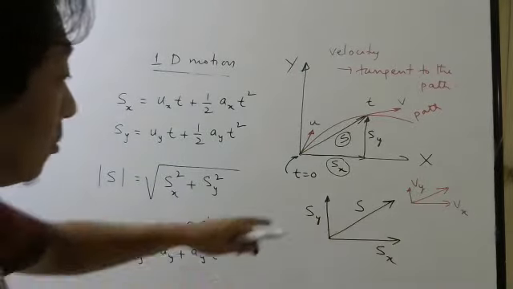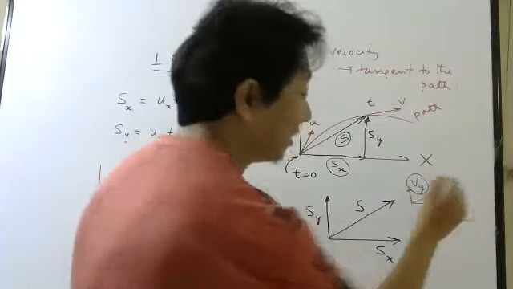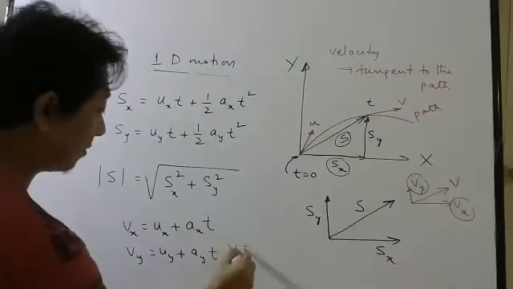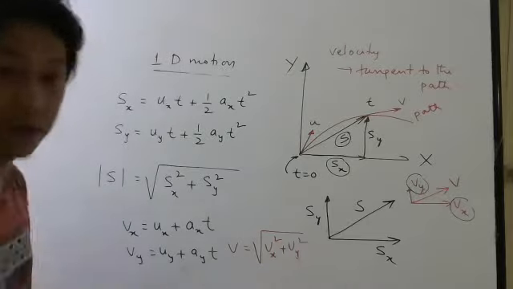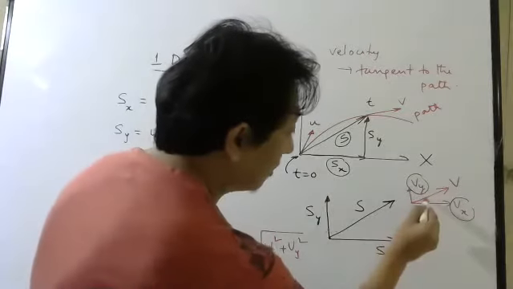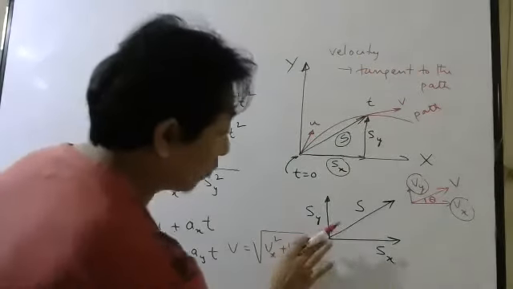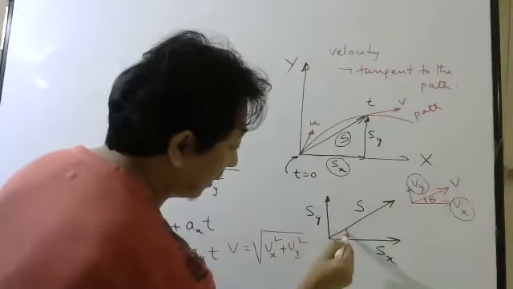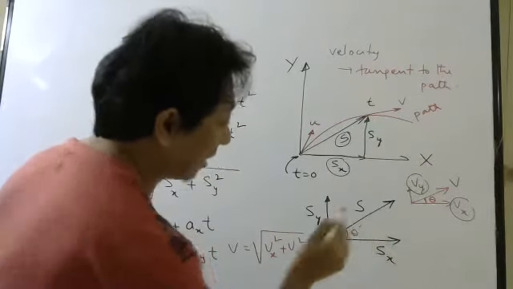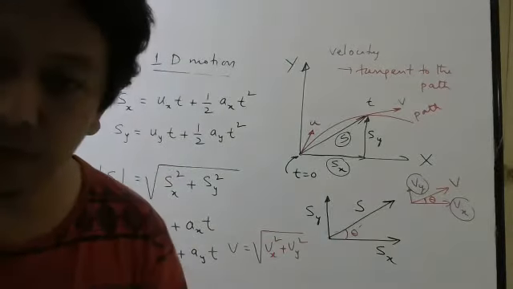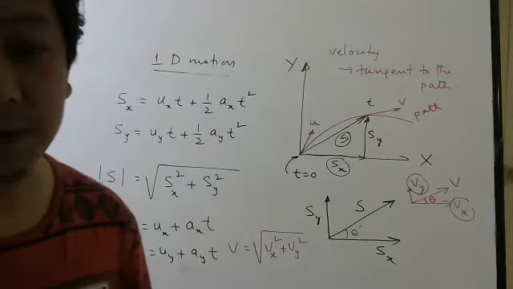Okay, students, once you know Vx and Vy, you can find the final velocity by using the same technique, root over Vx square plus Vy square. And if you want to know direction, this angle you have to find. In this case, if you want direction of displacement, then this angle you have to find. If you call this angle theta, you can call this theta dash or whatever symbol, that we will see when we do numericals. So up to here we completed last class.